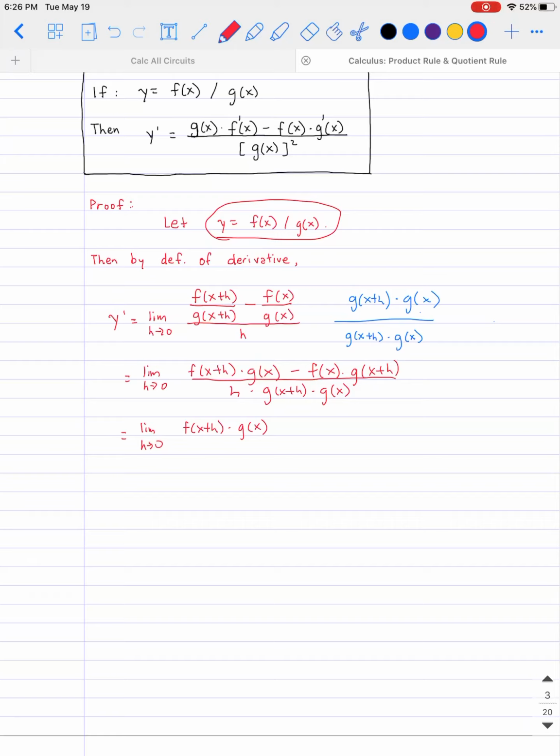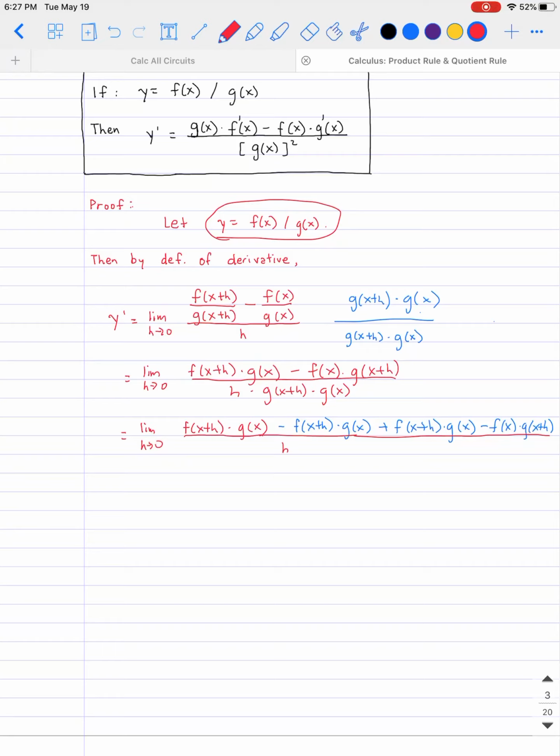And then let's see if I can wiggle out of this one. So I'm going to put in blue right here. How about minus f of x plus h, okay? And multiply by g of x. And then we have plus, for the other part, f of x plus h times g of x, and then we have minus f of x times g of x plus h, all divided by that denominator. Okay,